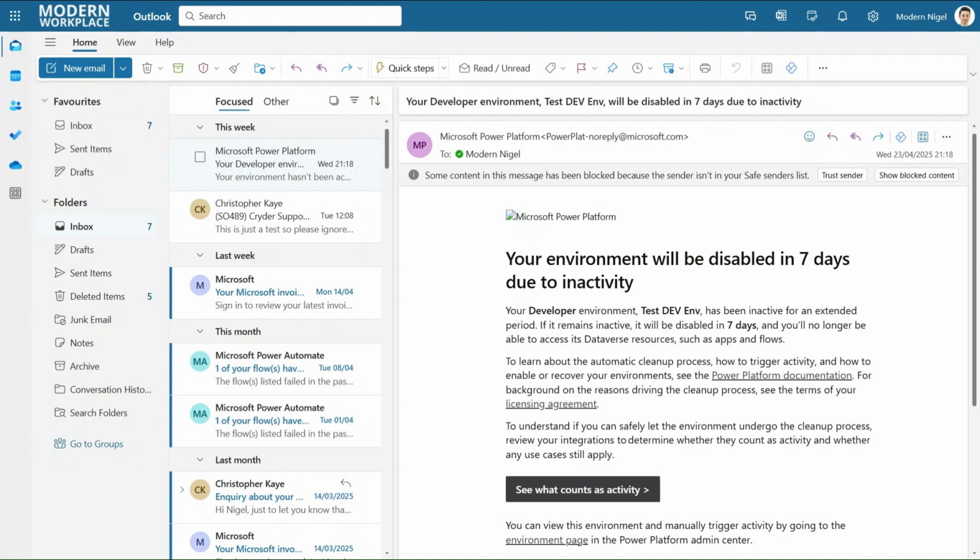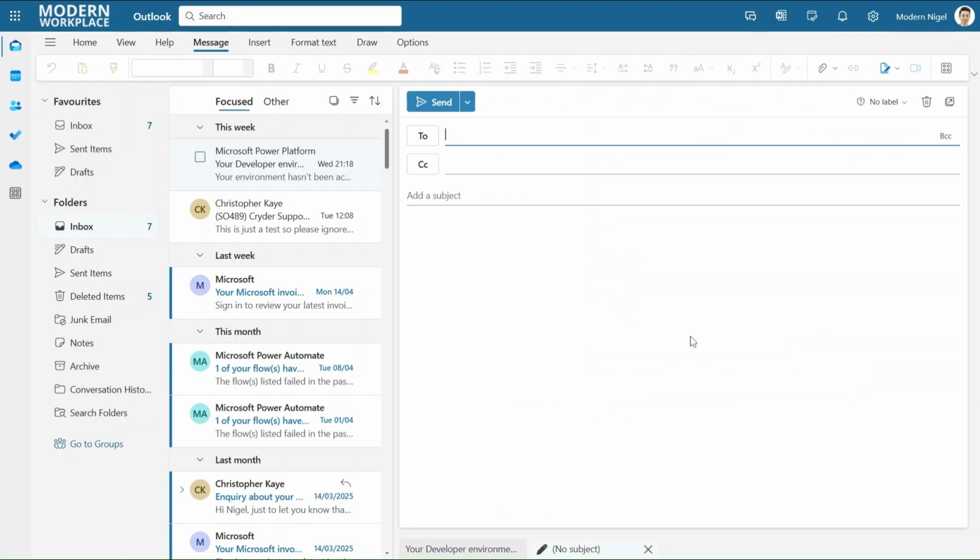But what I want to do is draft an email to someone externally and share a document with them. So previously, what we would have done is we would have downloaded the document, started a new email, written the email, and then attached that document. Now, that's fine. It's a process we've used for a number of years, but why we don't recommend you do